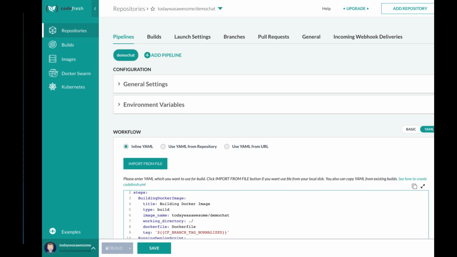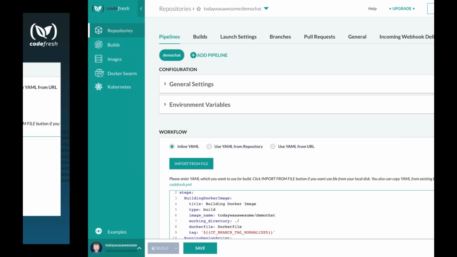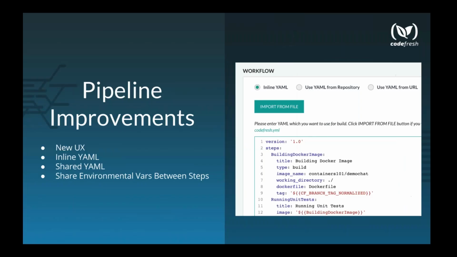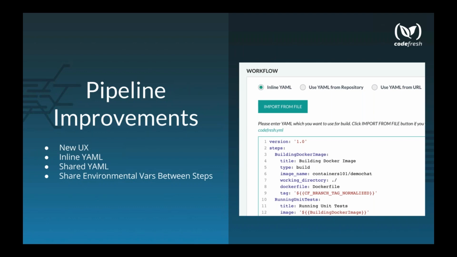One of the things that we see across all of you guys, all of our users, is that you start with the basic pipeline, adding basic steps like building, unit testing, pushing to Docker registries, and then you quickly want to move into the YAML file, where you can add more and more steps and have a very robust and flexible pipeline. And the process of crafting and creating the YAML file was a little bit painful when